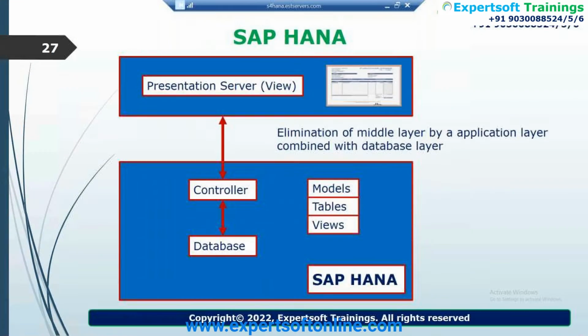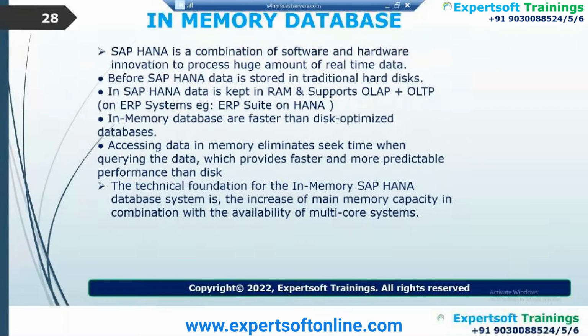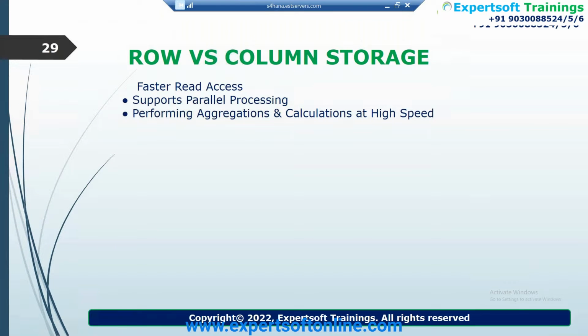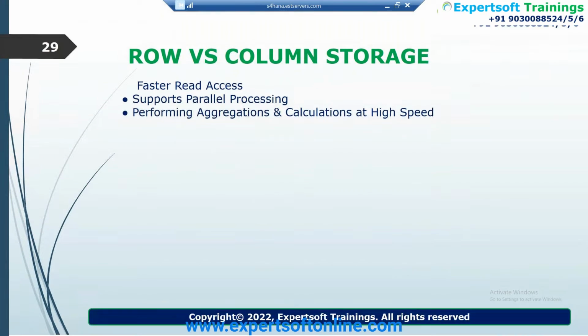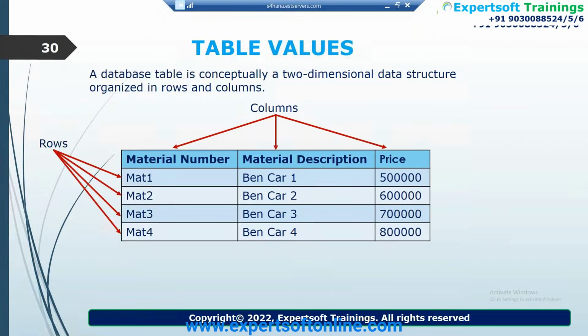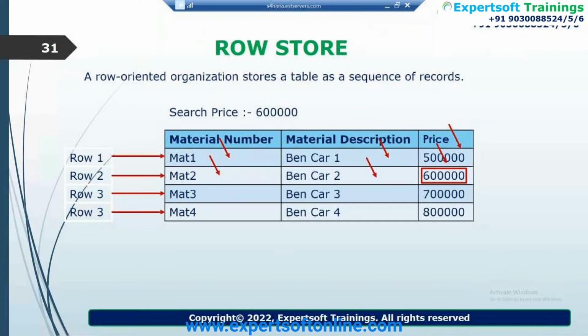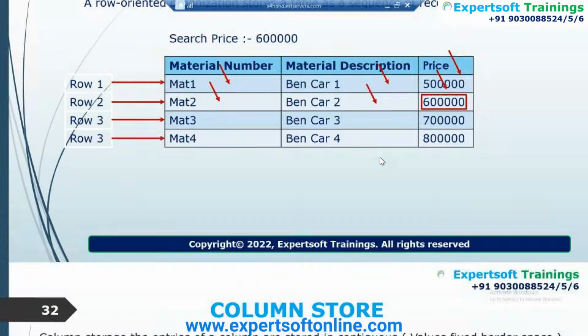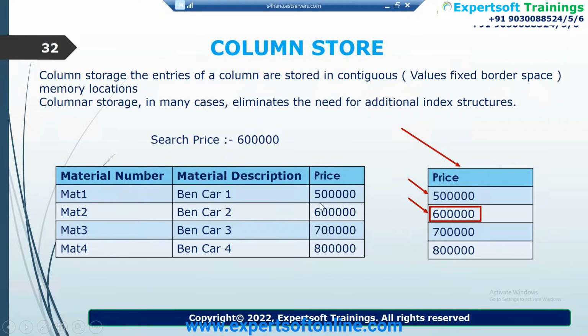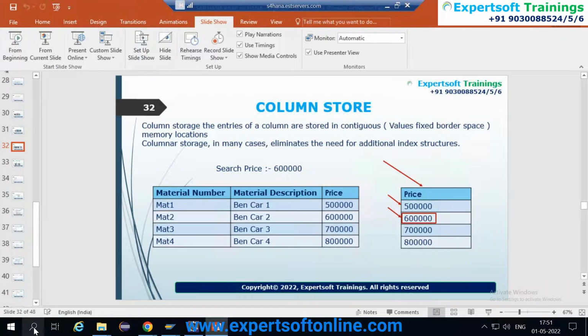I will show you one example using Excel also for this. Okay, just let's go back theoretically first. We have already seen earlier that table values are stored in such a format, but with the coming of row store, the values are still stored in the same format. If we choose a table as a row store, or if we choose a table as a column store, each column is stored differently. So how does this help? I will show you an example.